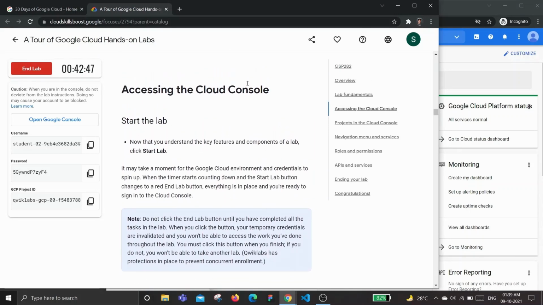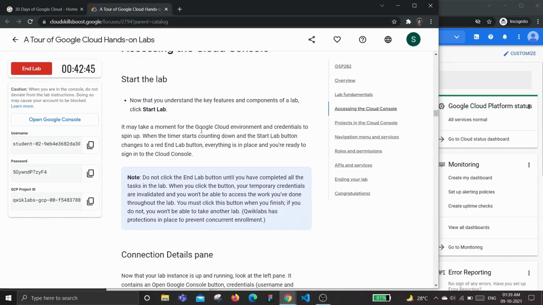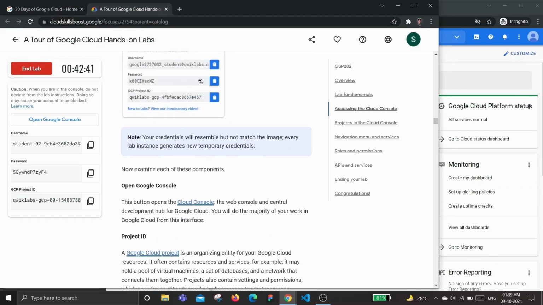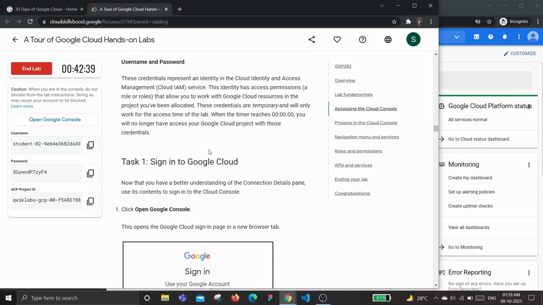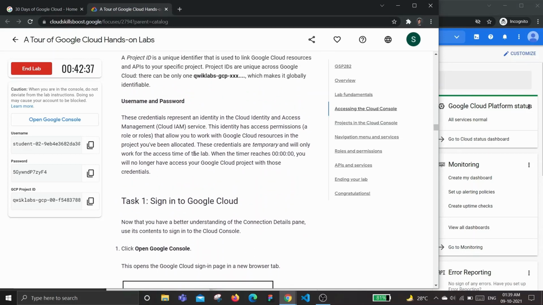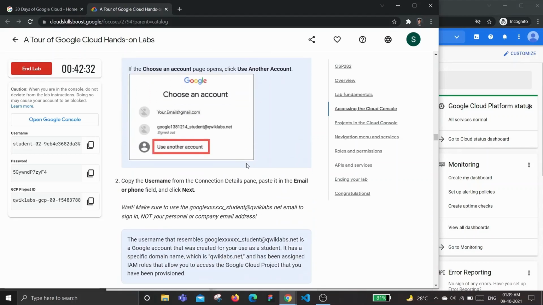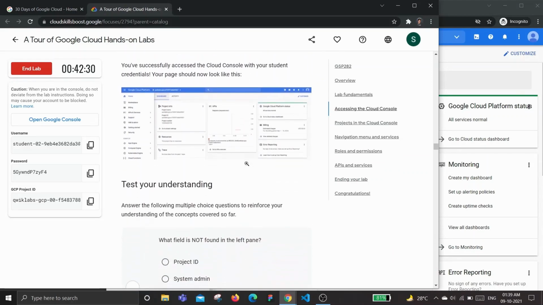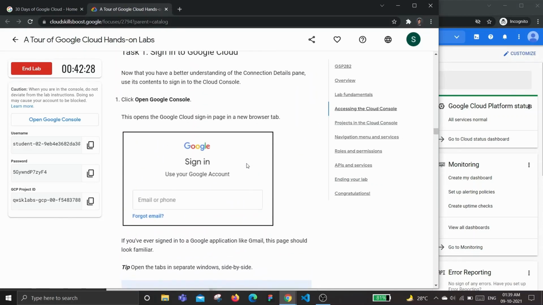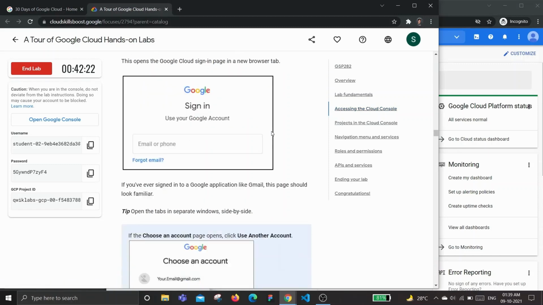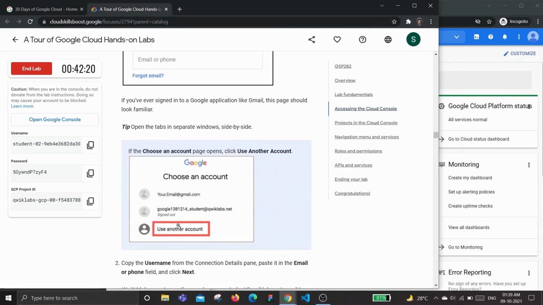So now they are talking about accessing the Google Cloud Console. We just started our lab, and then we went through the login process, and everything we did right now is mentioned here. Sign in to Google Cloud, we already did that. Make sure you sign in with these new temporary credentials in an incognito window, so that you won't have to choose between accounts.